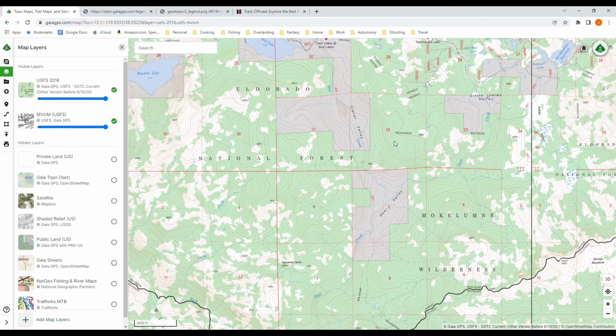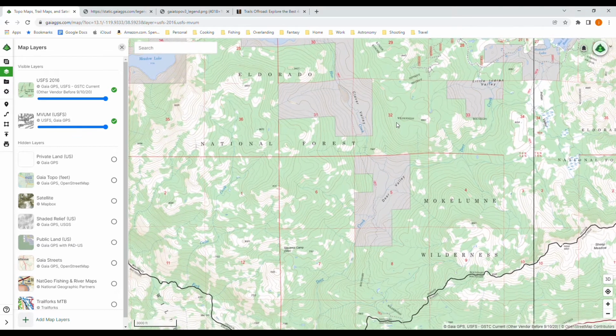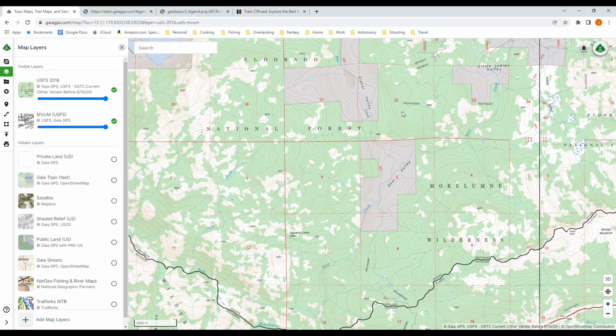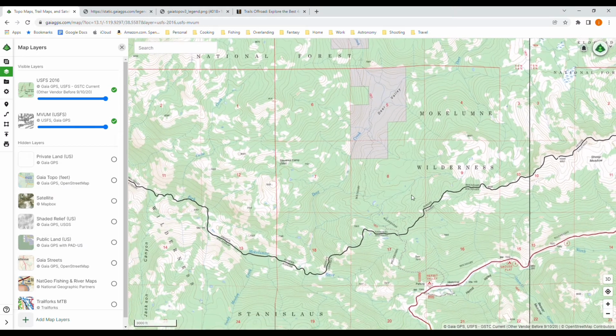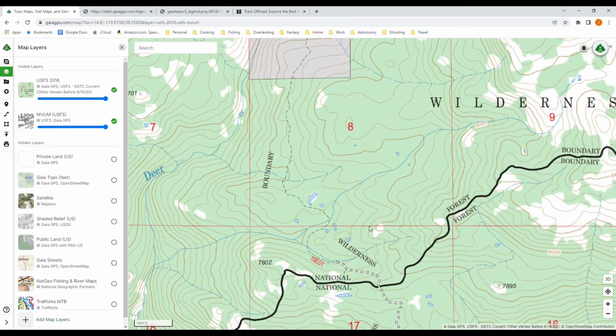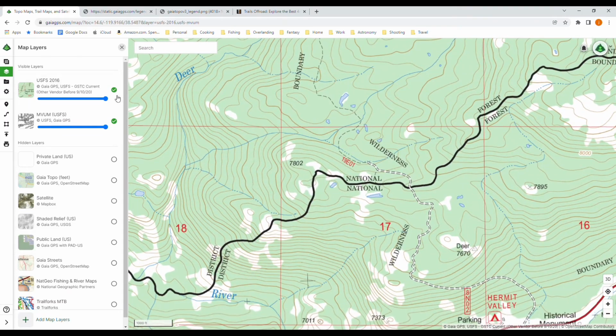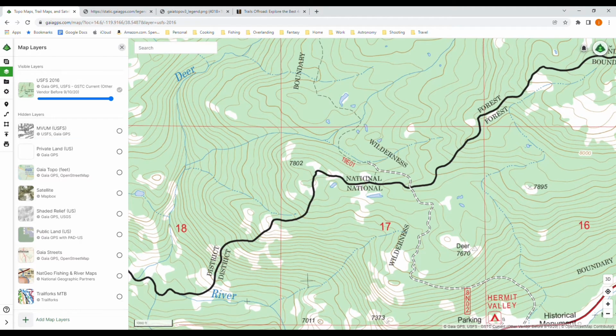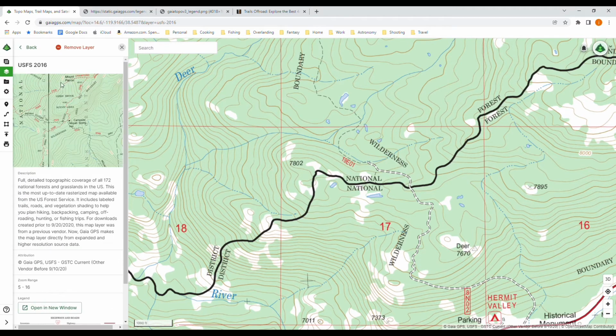But oftentimes I'm finding that those revisions are a result of the private land access giving additional information around that. If I scroll in here and I take away my MVUM, you see that it has this different trail or different route key labeling on it. So if I go to my U.S. Forest Service map and I click on my key here,